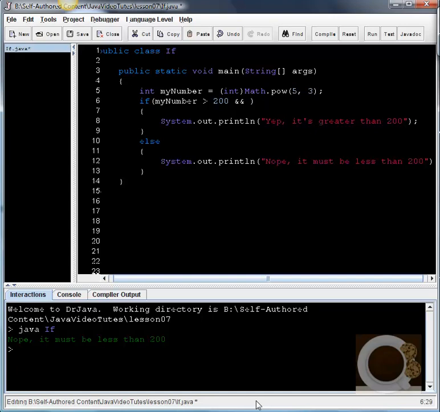So I'm going to say and my number is less than 200, and I'm going to go ahead and change this to 100. So it's going to test these two conditions. Say if my number is greater than 100 and it's less than 200, so that's an intersection. So any number between 100 and 200 non-inclusive will print out